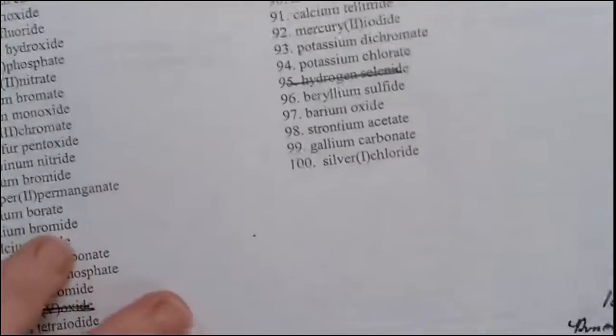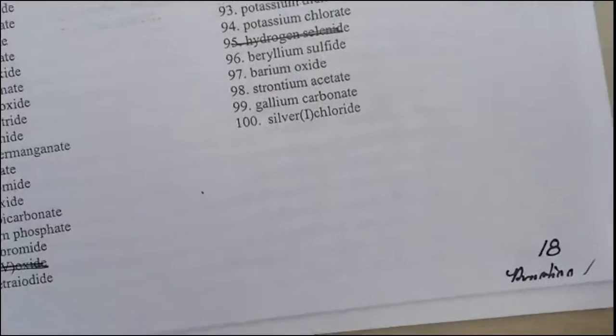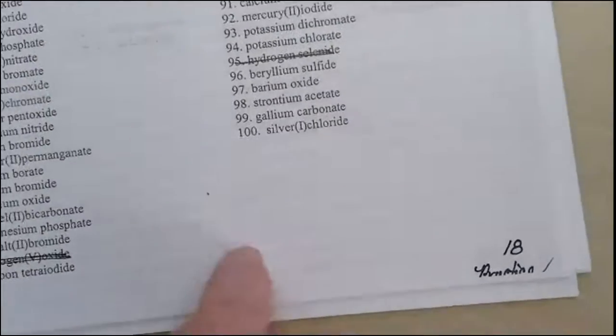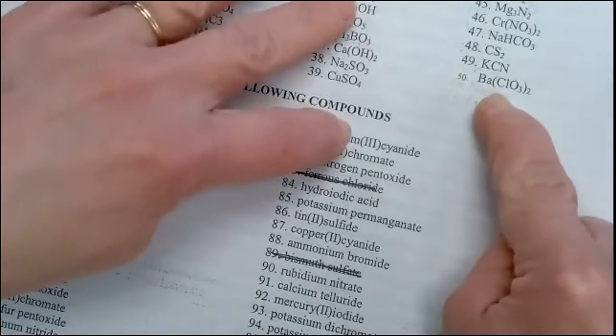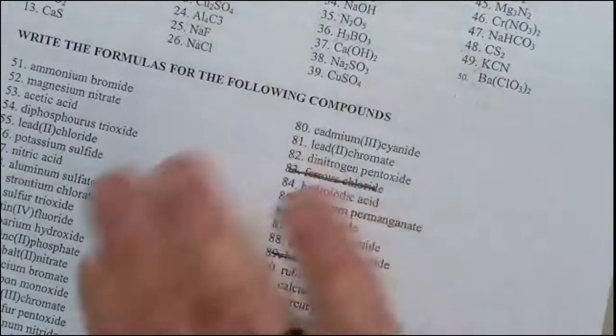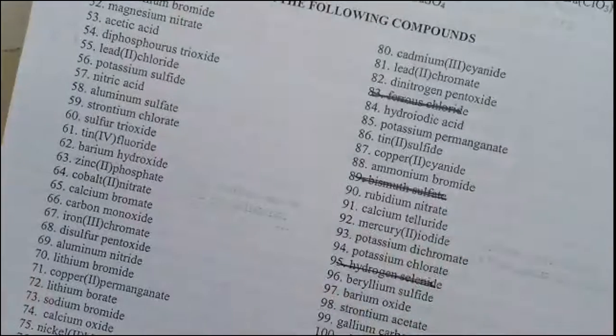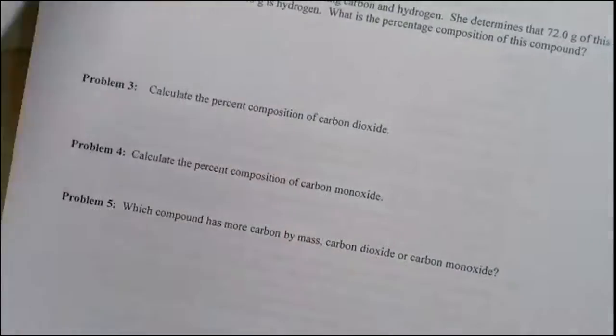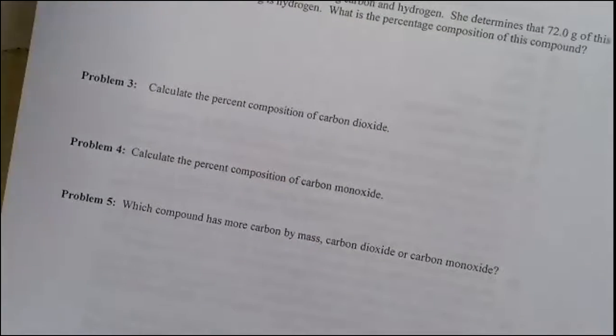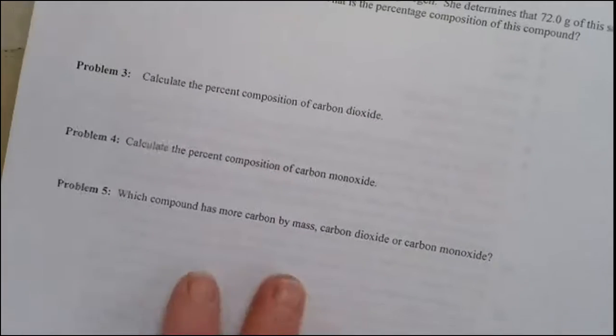So I'm just showing you page 18. Here are 50 different formulas and then up to 100, but I cross them out because those are a little bit of old-fashioned ways of naming. And the next couple of pages, I've given you the answers. And so there's some more practice if you would like that beyond what we'll do in class and for homework. All right,